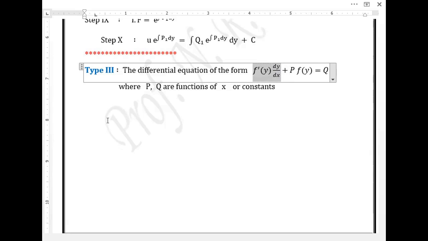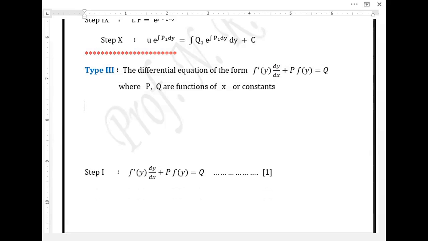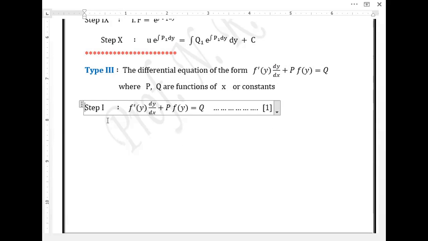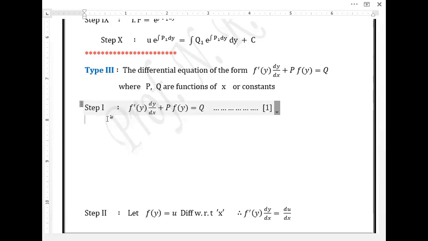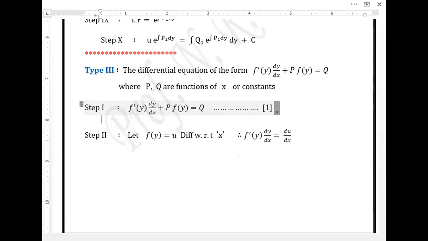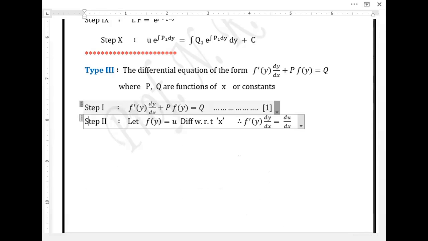This is the type number 3. The type number 4 in which the dx upon dy, the coefficient of this dx upon dy is simply the derivative of your function f of x. Again, the same condition arises. We have to just put the value of f of y equal to a new variable, suppose u. We are assuming f of y is equal to u,